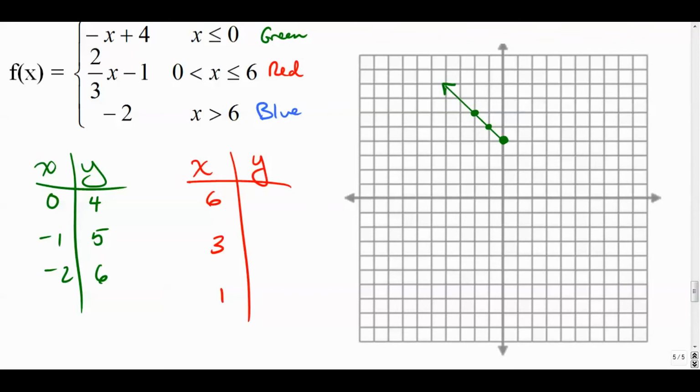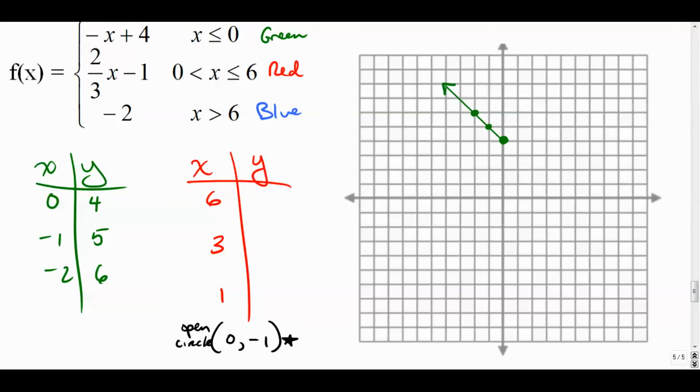It doesn't include 0 because there's no equal sign underneath that symbol, but I am going to want to know that for my open circle. This is where my graph is going to sort of approach or lead towards. So let's do that first. Open circle. When I plug in 0 into the red function, I get negative 1 as my output. If I plug in